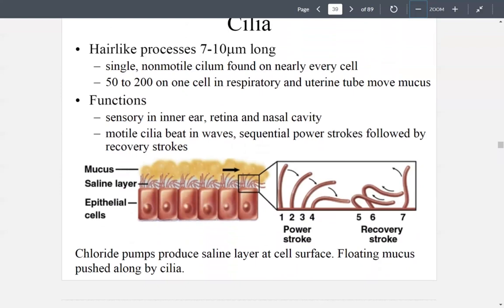If these cilia are found in the inner ear or in the retinas, yes, the retinas have cilia. If they're found in the nasal cavity, they can also be found to be part of the sensory complex. Sensory complex how? Sense of hearing, sense of smell,